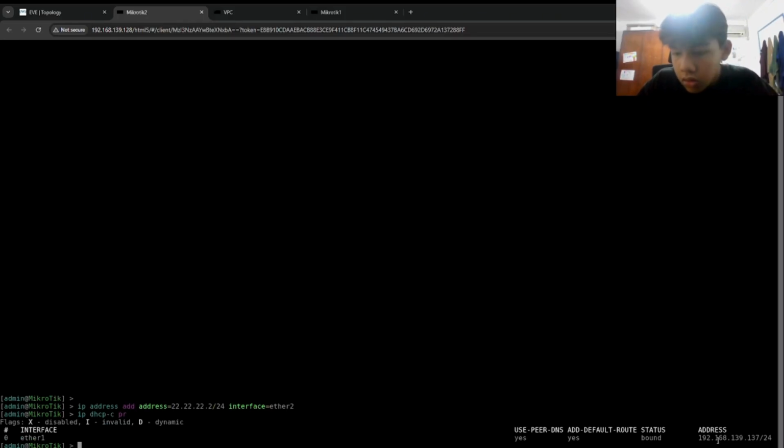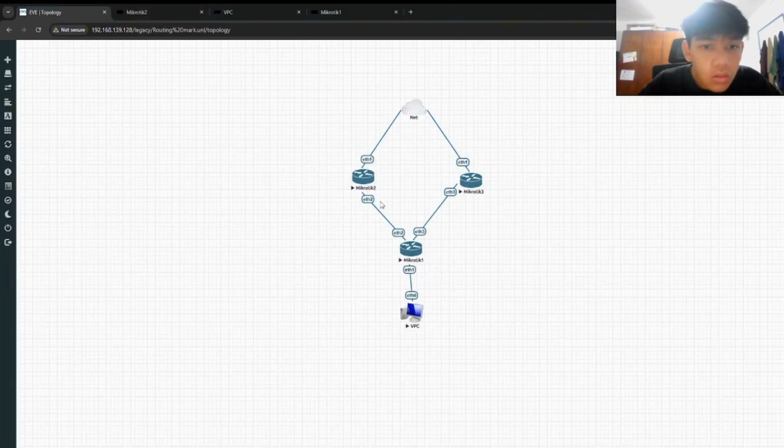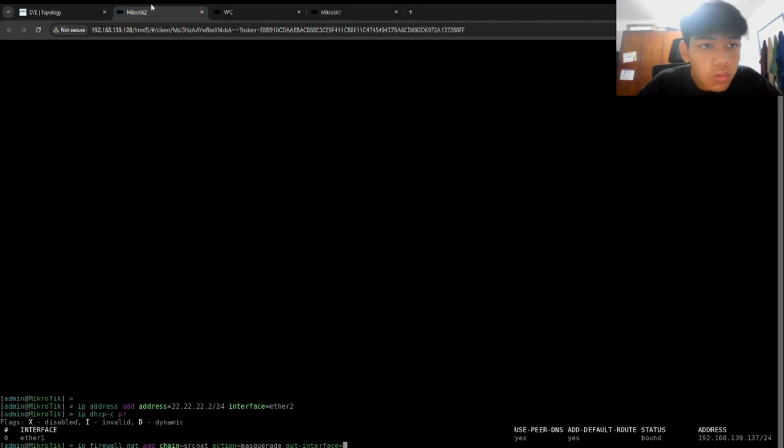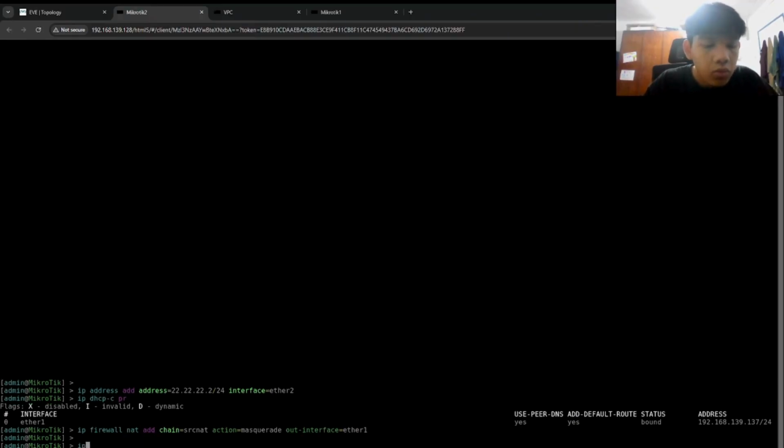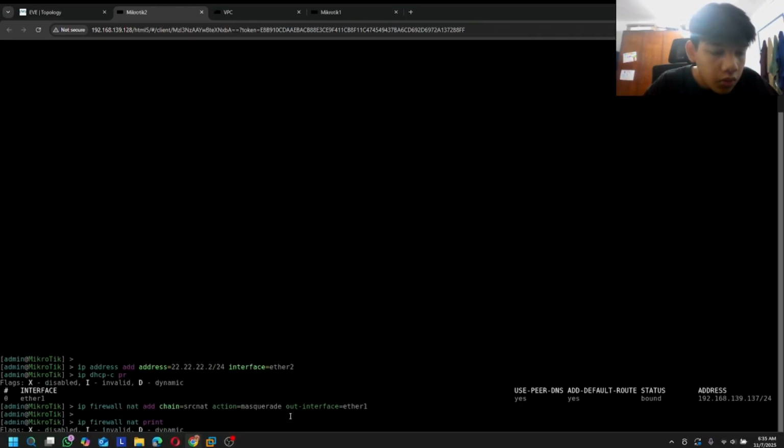Okay, we already got an IP, so if you already have an IP, you just make the firewall NAT. So the command is like this: IP firewall NAT add chain srcnat action masquerade, out interface, the one that connects to the internet, is Ether1, so we make it Ether1. If you want to check again, just do a print, yep, it's already there.